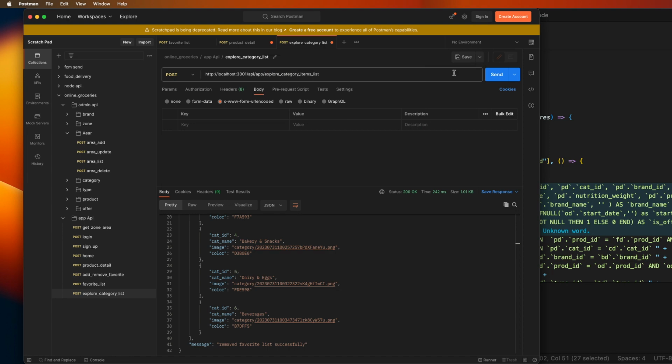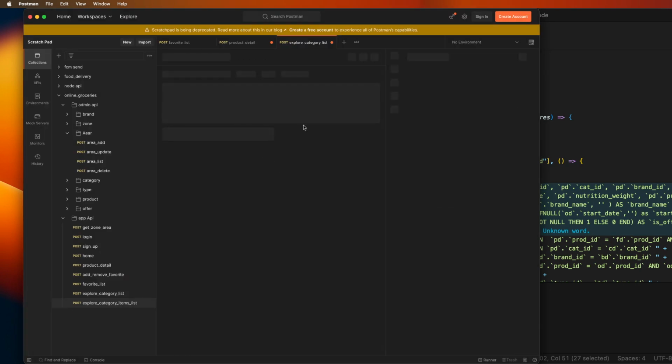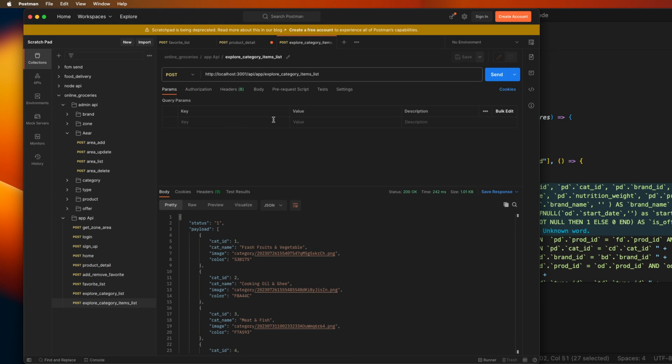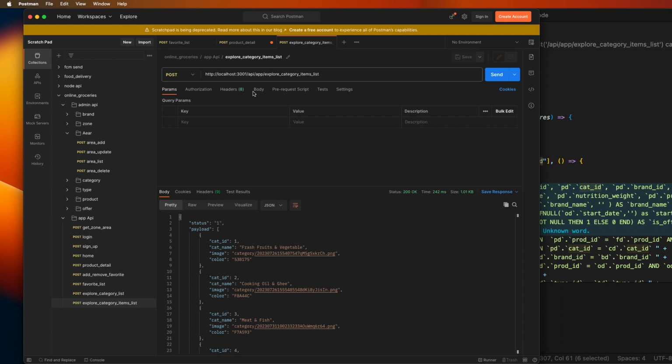Now save as, get this here, explore category item list, save, and write down the category, set the body category, and check inside the